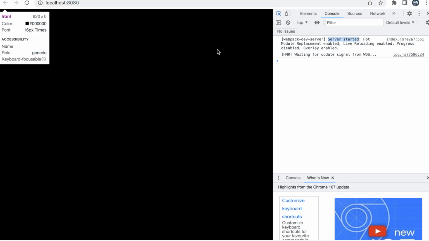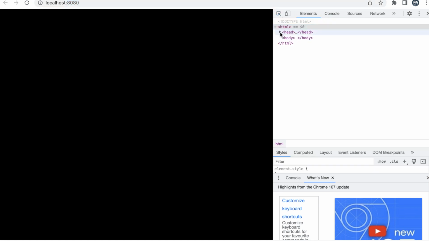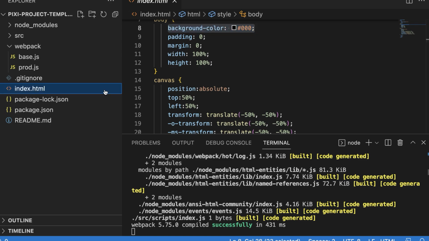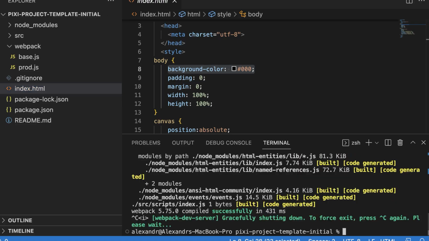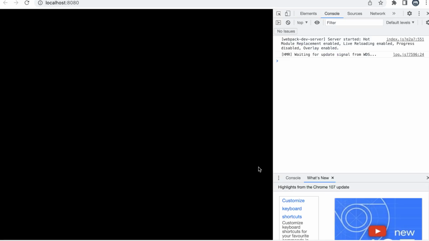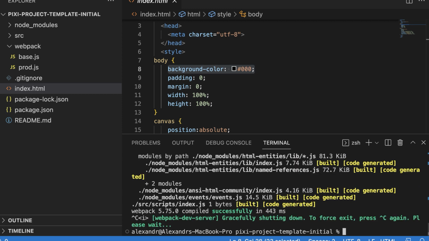And if I inspect this element, I see that head is containing some script that's not in the template, and that's fine because we just hit npm start, which makes a development build, and this is actually the development build opened via local server. Okay, so